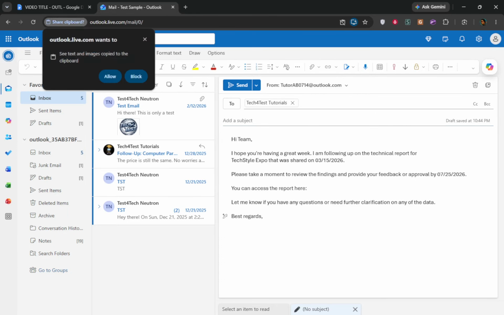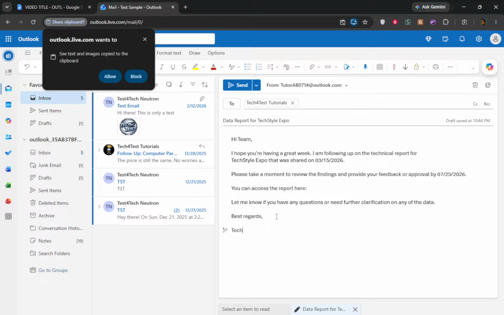Now compose your email. Think about the content you want to save, including greetings, body text, and any specific closing remarks. This is where you can really personalize your template. Once you're satisfied with your message, you're ready to save it. This step is crucial because it allows you to quickly send this email again in the future without starting from